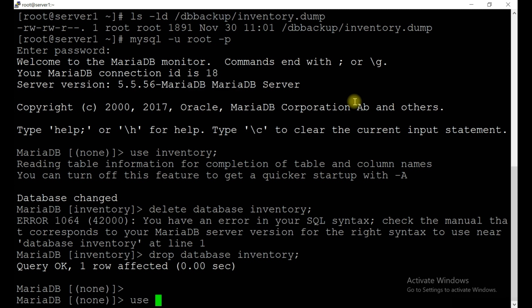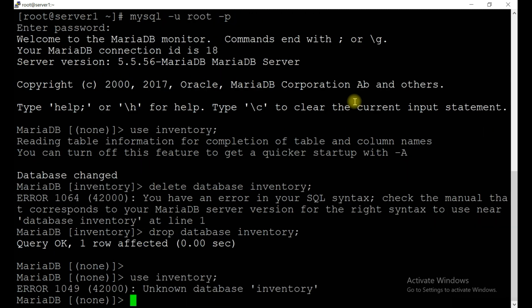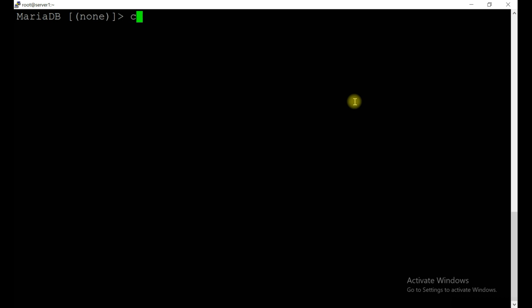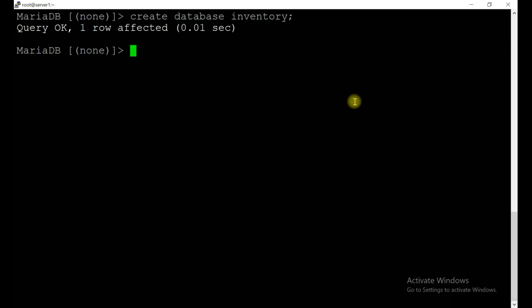Now try to use inventory. You won't be able to, because it doesn't exist. Let's clear the screen. Now you have to create the database first, then in that database you can restore everything that was inside. Create database inventory. Okay, done. Use inventory, we are able to go inside.